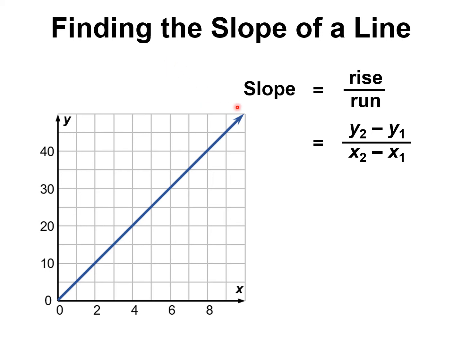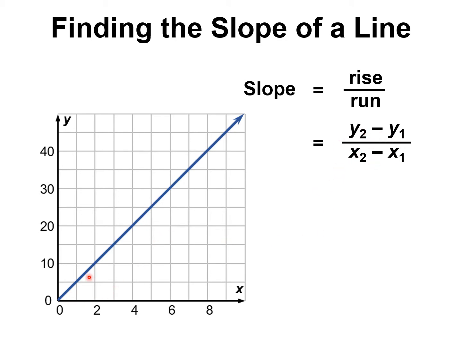So today we're going to be finding the slope of a line using 2 points on the line. Now remember, slope is a ratio of rise over run, meaning if you have 2 points and you find the rise between the 2 points and the run between the 2 points and divide them, you get the slope. And here's the formula for the slope, but let's find 2 points on this line before we get into the